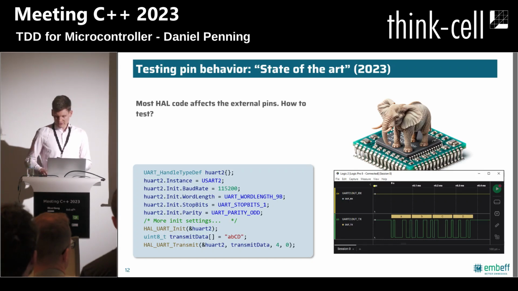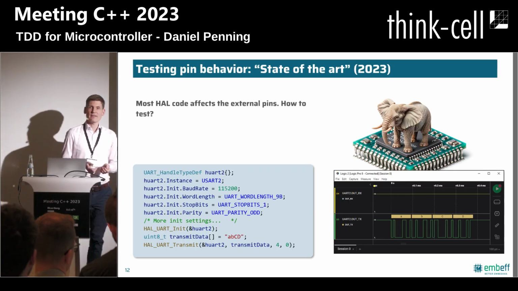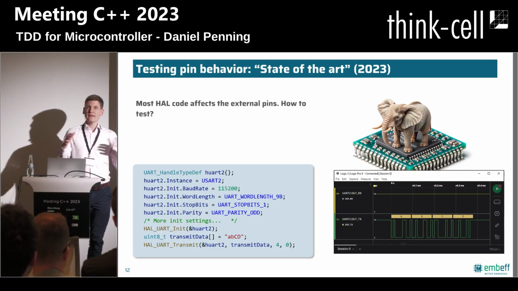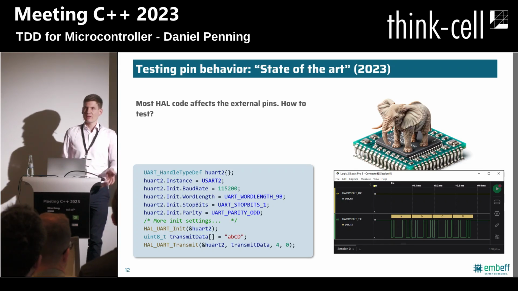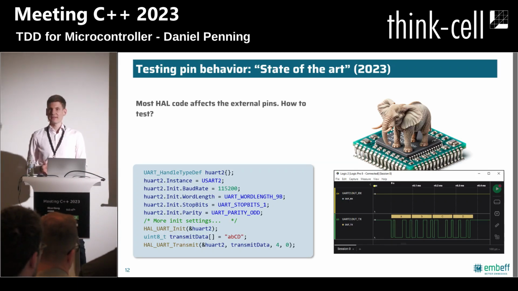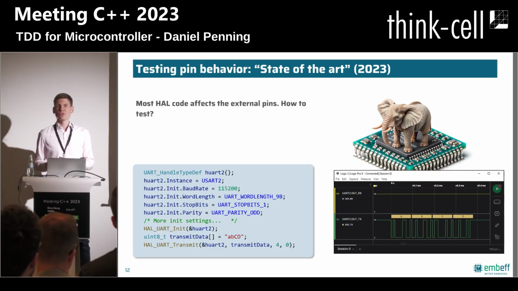I mean, we are talking about embedded systems, and they are called embedded because they are embedded in some environment, and their primary purpose is to interact with the environment. Maybe measure some value with a sensor, maybe control a motor. And this interaction happens through the microcontroller pins, and only through the pins. So a lot of deeply embedded code is about getting the chips to do the right thing on the pin level.